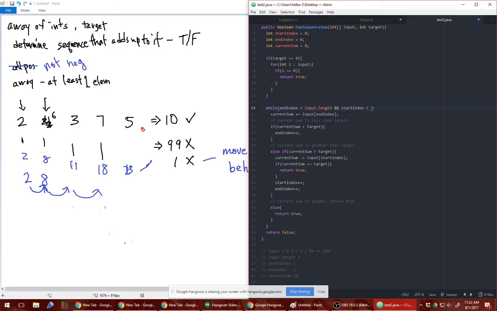It's fine, I think whatever works for you at this point. Yeah, but you're right. So here maybe say if end index